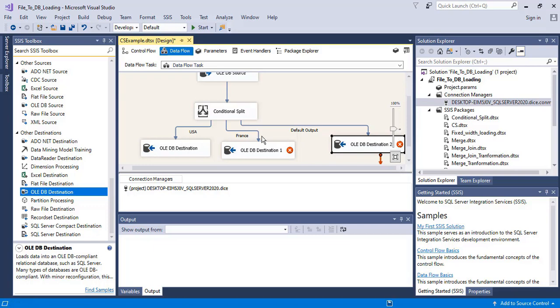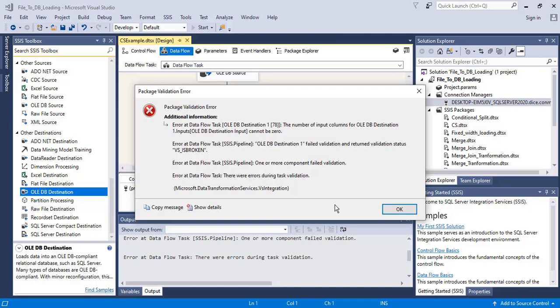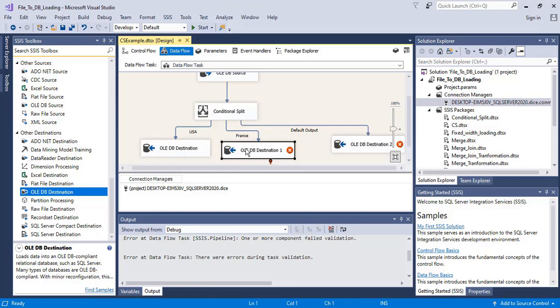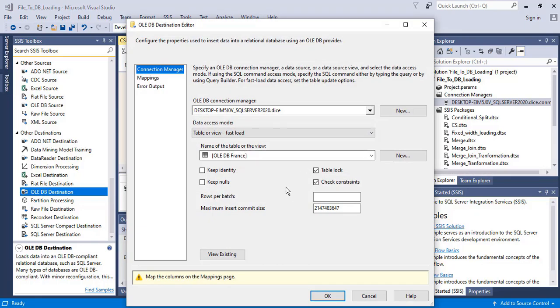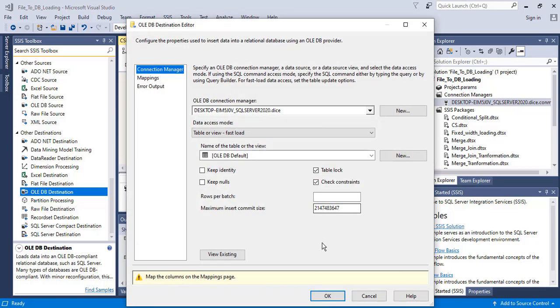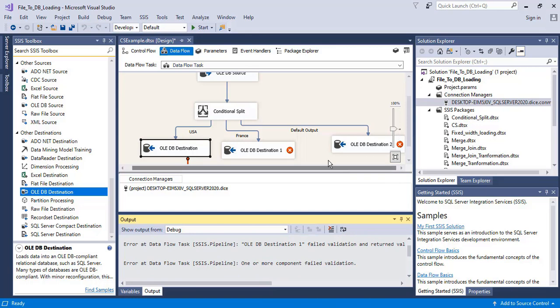I have to save this. Now after saving, I am going to execute this package. It seems there is an error. What is the error? There was an error during execution. One or more components failed. Which one?